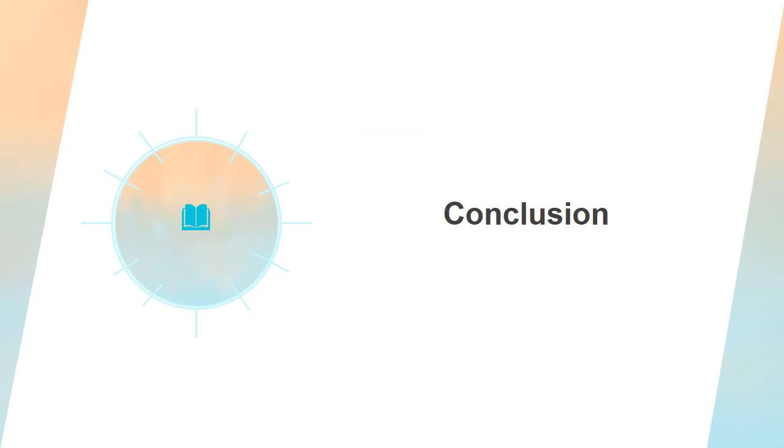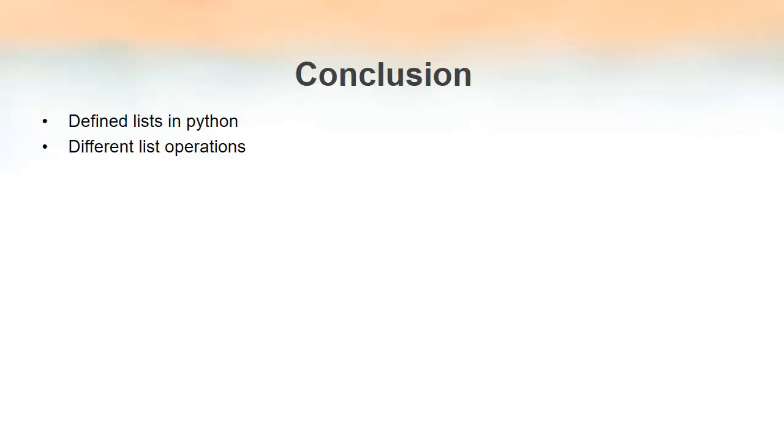We shall conclude now. So in this video lecture, we defined what a list is, what sequences are in Python. Then we said that tuple and list are the 2 most commonly used sequences. We defined a list. We studied how to create a list, how to iterate through the elements in a list, how to slice, how to repeat, how to concatenate, etc. What an index number is, how to use an index number to access elements inside a list, etc. That's all in this video lecture.